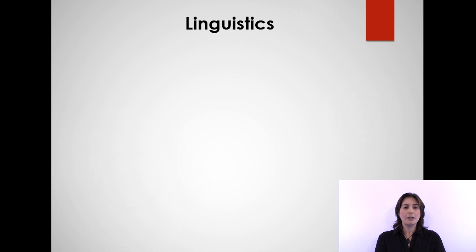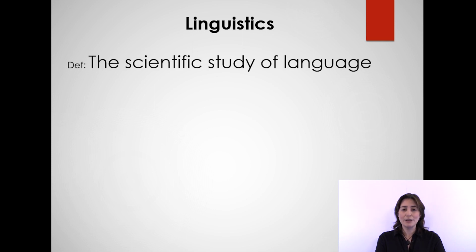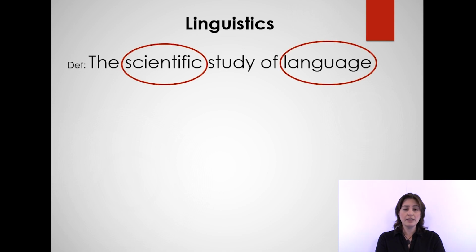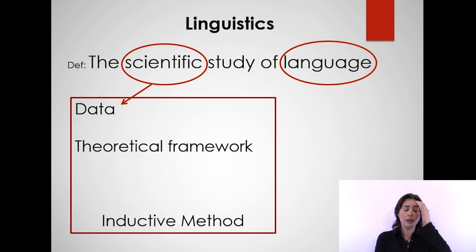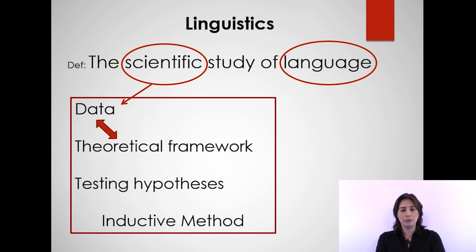linguistics. Remember that we define linguistics as the scientific study of language, and we paid some attention to the two important elements in this definition. Linguistics is scientific because it is based on empirical data, and it uses the inductive method to construct a theoretical framework by proposing and testing hypotheses, all the way maintaining the coherence between these components. And as for the object of our study, we determined that it is more complex than we might have imagined, and we now know that it can keep us busy for a long and entertaining time.